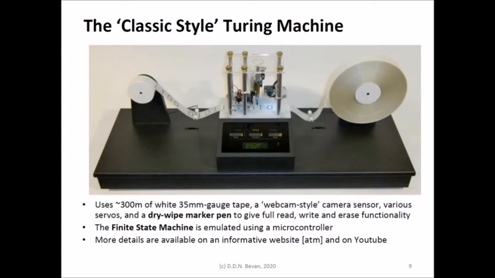Somebody's done this. They wanted to better understand the Turing machine. So somebody has actually built one where they have a very long piece of tape, where they have a machine here which can write onto the tape symbols like 1 or 0. It can rub symbols off the tape. It has a webcam which can read the current symbol, move the tape. They put a finite state machine emulated inside that box there. They've got a very nice web page for this. You can go online and see this video of this thing whirring, turning, writing, rubbing off,